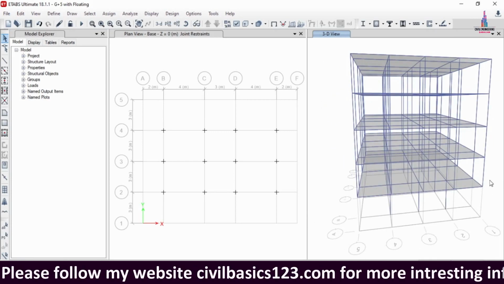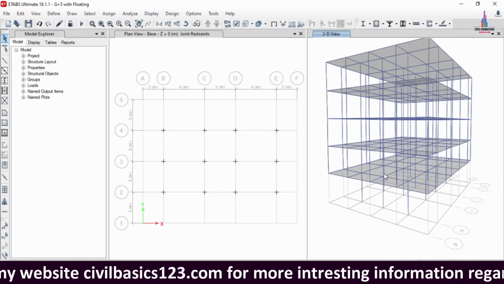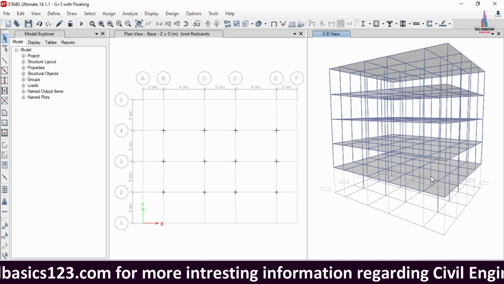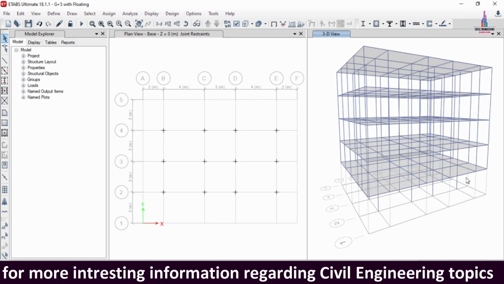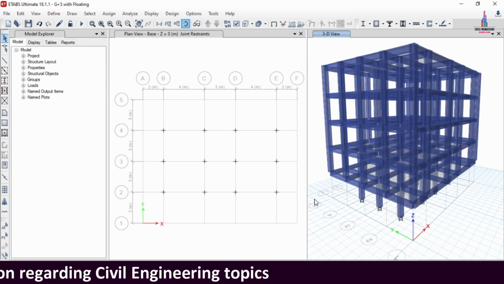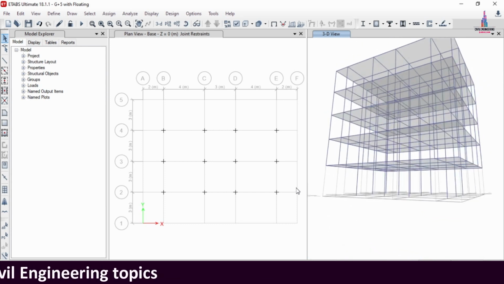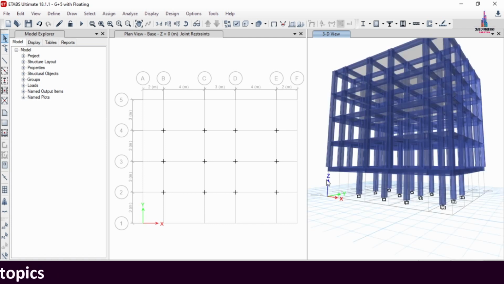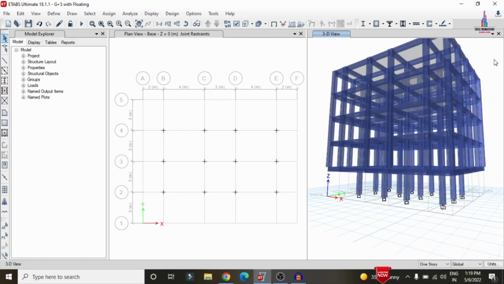Due to the absence of external columns, the overburden load will be applied to the center column system. Due to the higher loading at the center position, the amount of reinforcement will be greater for the ground story column section. Now you can see this is the external floating column we have taken for this structure. No external columns are included in the building structural model.